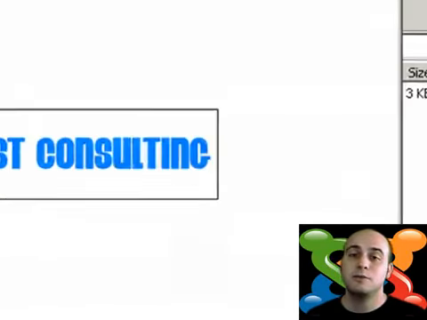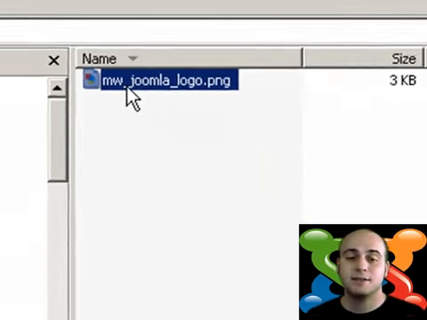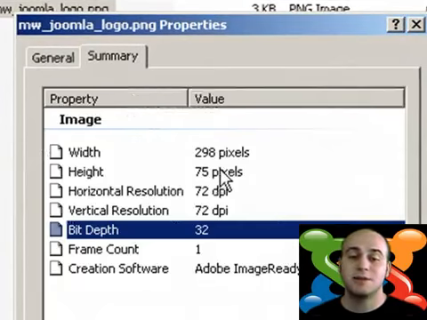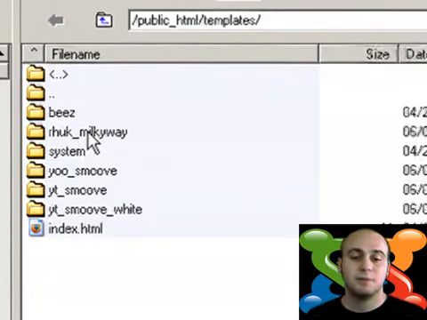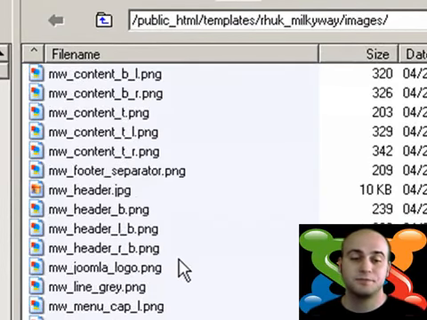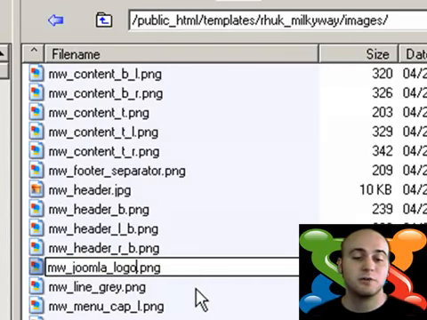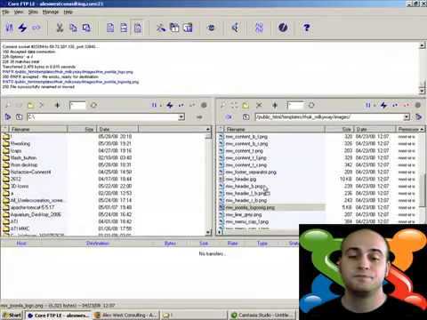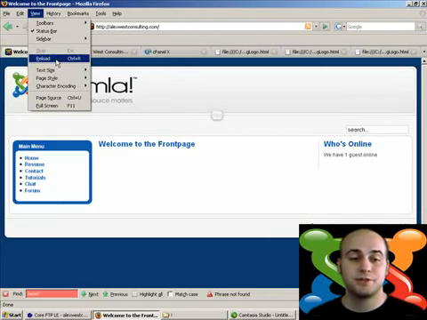Next, if I create my own image in Photoshop or Illustrator, give it the same name, and when I was creating it, I made sure that I was creating an image of the same dimensions. Well, I'm using Core FTP here now to transfer over the new image. Core FTP is my favorite free FTP client. Just make sure you rename that original file so you can get back to it, that image, and then drag over your new image. And then if you do a refresh,